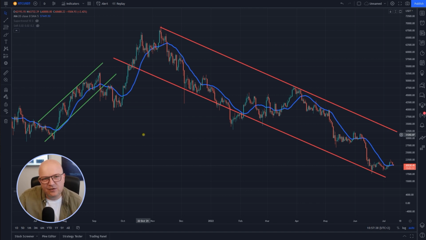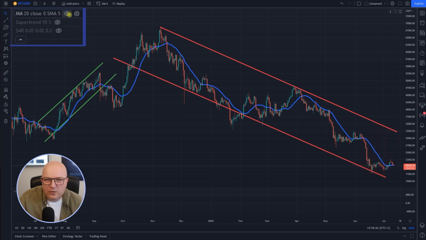One of these indicators, for example, is the so-called moving average. I'm using a simple moving average here, but you can also use other calculation methods for those averages, like exponential or weighted moving average. As you can see, after I've identified a downtrend here, the moving average is pretty good in showing me when the trend is going to continue. So look here, whenever the price crosses under the moving average, it seems to be a pretty good indication that the trend is going to continue down, contrary to when it's crossing up.